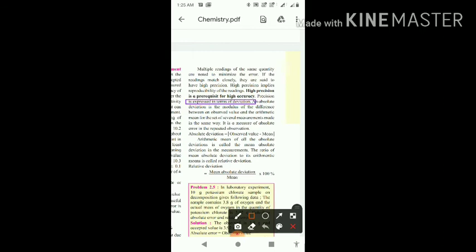In terms of deviation, again there are two types of deviation. First one is absolute deviation and second one is relative deviation. Now let us start with what exactly the absolute deviation is. An absolute deviation is the modulus of difference between observed value and arithmetic mean. Basically, in simple language, we can say that absolute deviation is nothing but